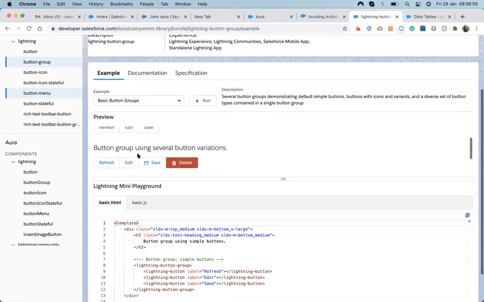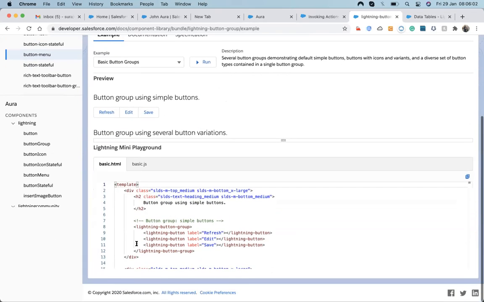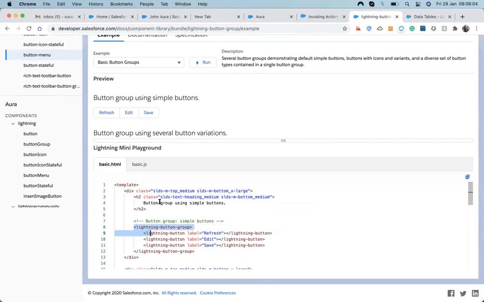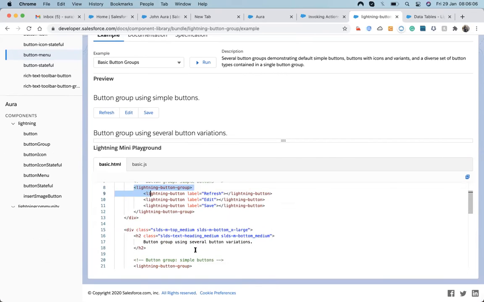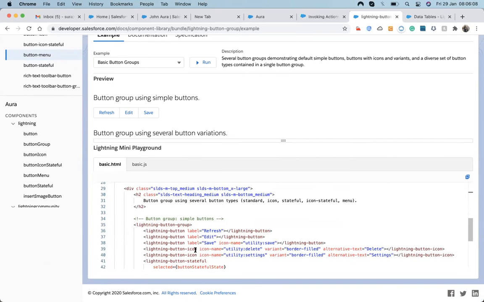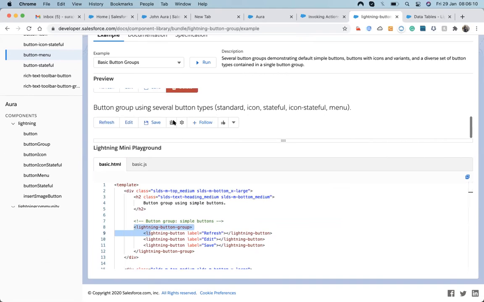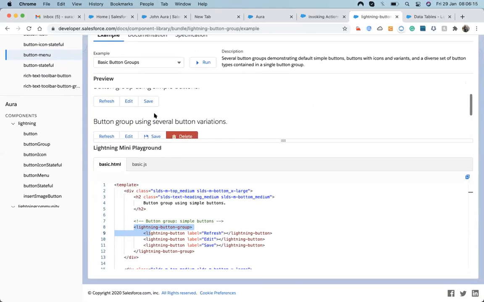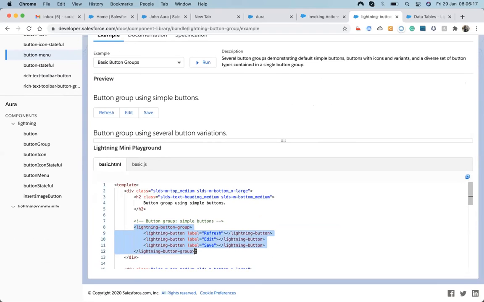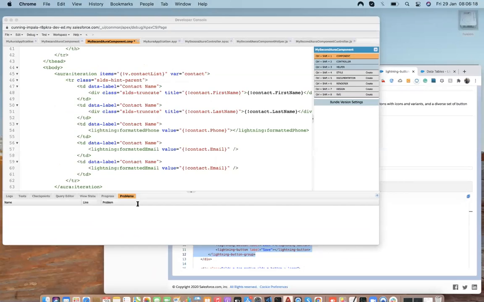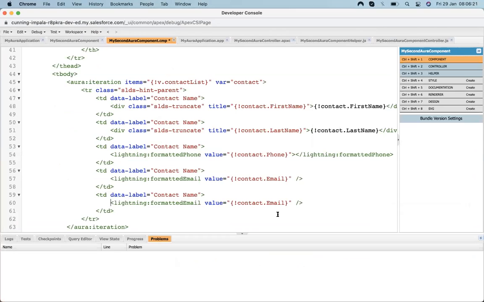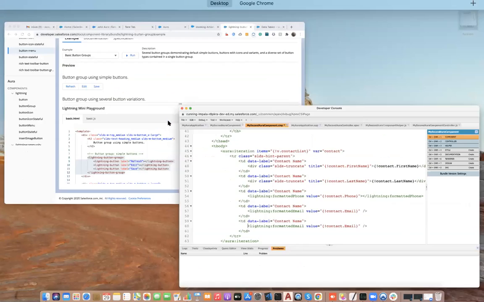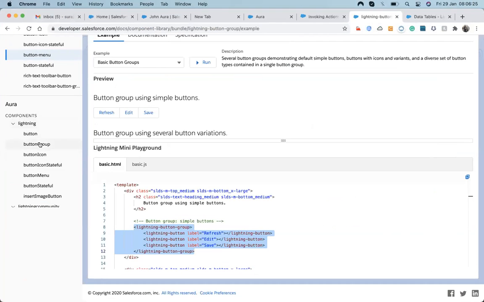Yeah, edit and delete. I will just use this one. You are using the LWC button.